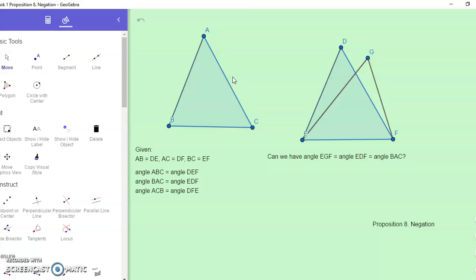So the question here, by having this scenario that would negate the proposition having sides EG and